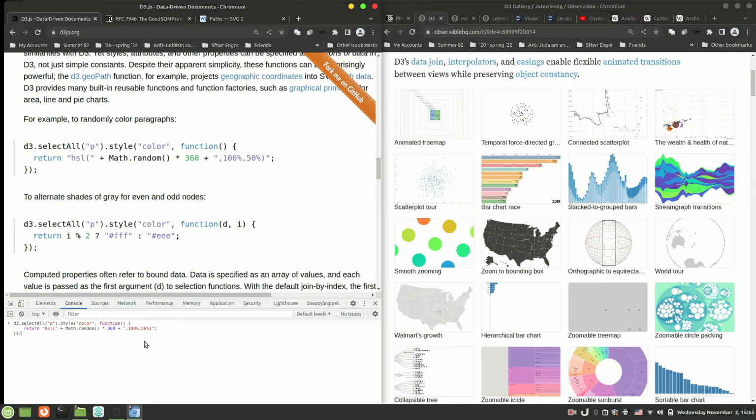Okay, so what we're gonna do is randomly color the paragraphs. What's this doing? Select all paragraphs. Choose the color attribute of CSS and apply this function to that. And this function, the string HSL, is going to produce a random number multiplied by 360. This is going to be